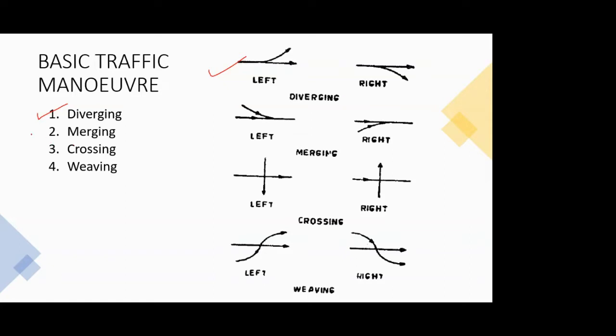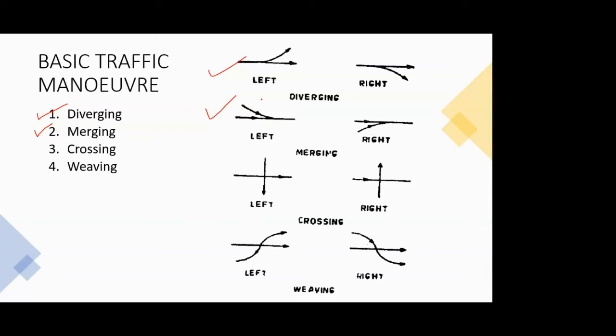Then similarly, you have a merging maneuver. Now, diverging and merging you will predominantly see in highways or expressways where you have controlled access. Controlled access means anyone cannot enter the highway or the expressway at any location he or she desires, but there are specific locations only at which you can enter the highway. The best example: most of you have traveled in and around Pune, so I assume that you have traveled on the Mumbai-Pune expressway.